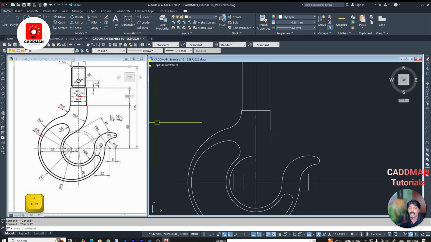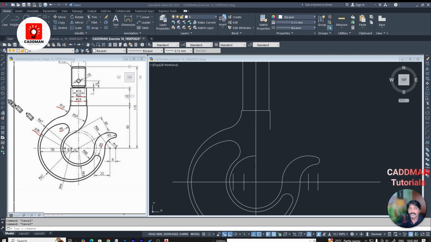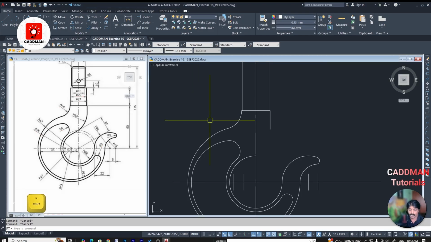And here, in order to get this radius 30 profile, we need a line here, because from this center line at an angle, the angle is not given, but from here a line is here at a distance of 22. So in order to get this line, let's take a tangent line from here to the center, then offset that same line to distance 22. So take a line tangent from this to the center,